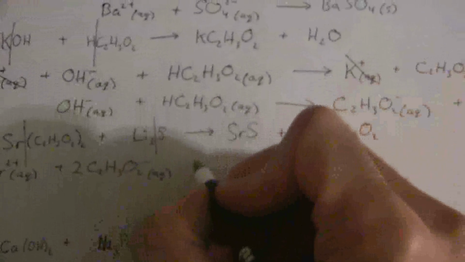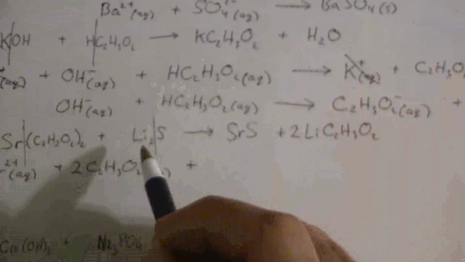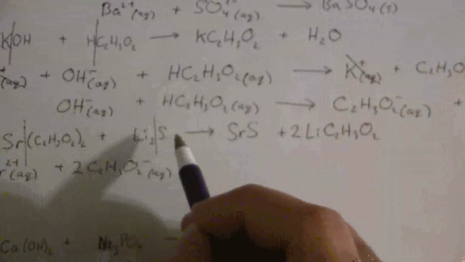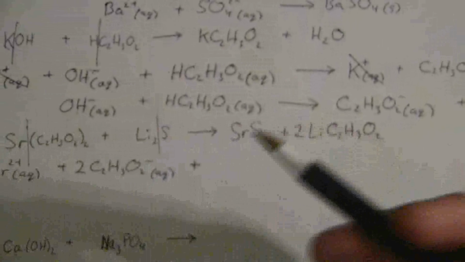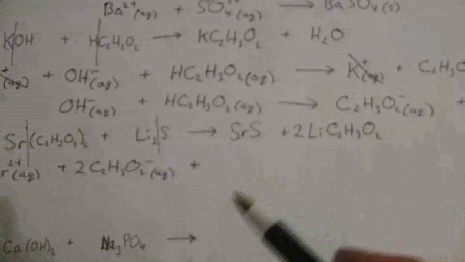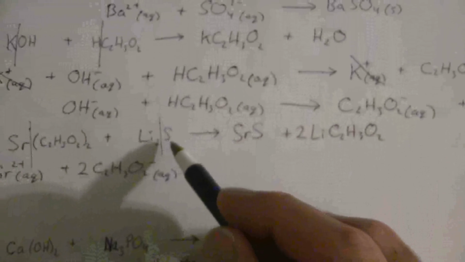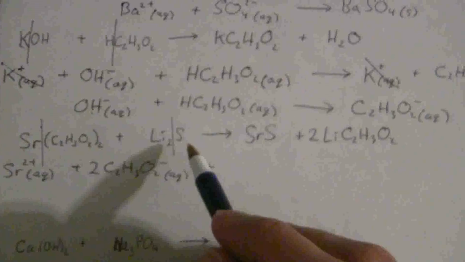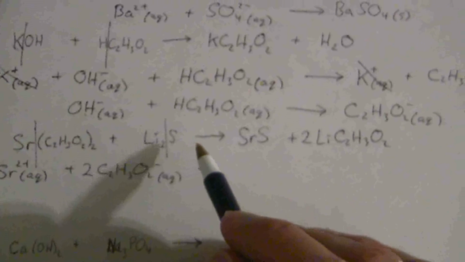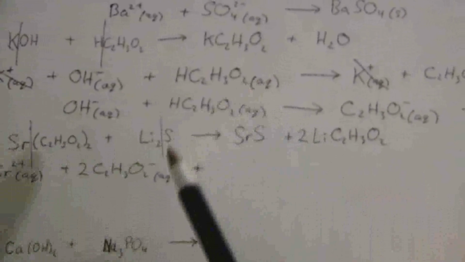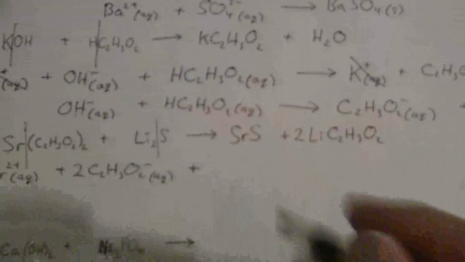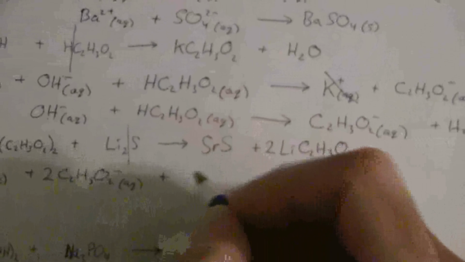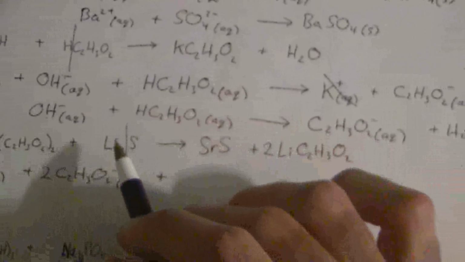And then we look at the lithium sulfide. Well, lithium salts are soluble. Again, no exceptions. If you look at the sulfides, you'll find sulfides are usually insoluble. However, one of the exceptions is that first group of elements, lithium, potassium, sodium, the group 1 elements, the alkali